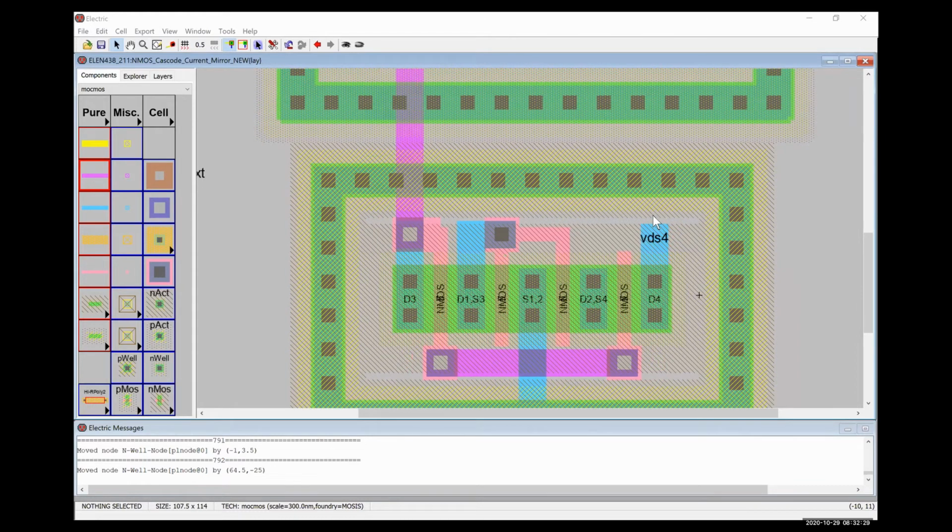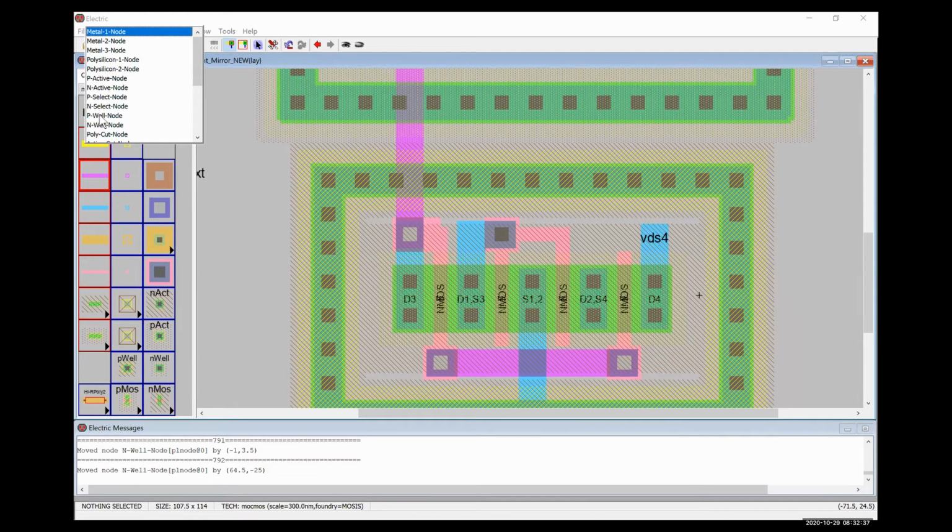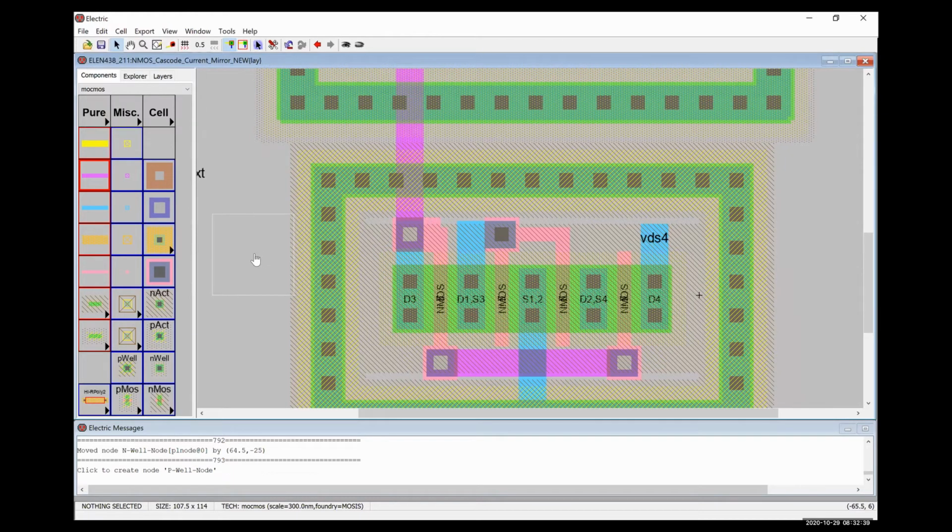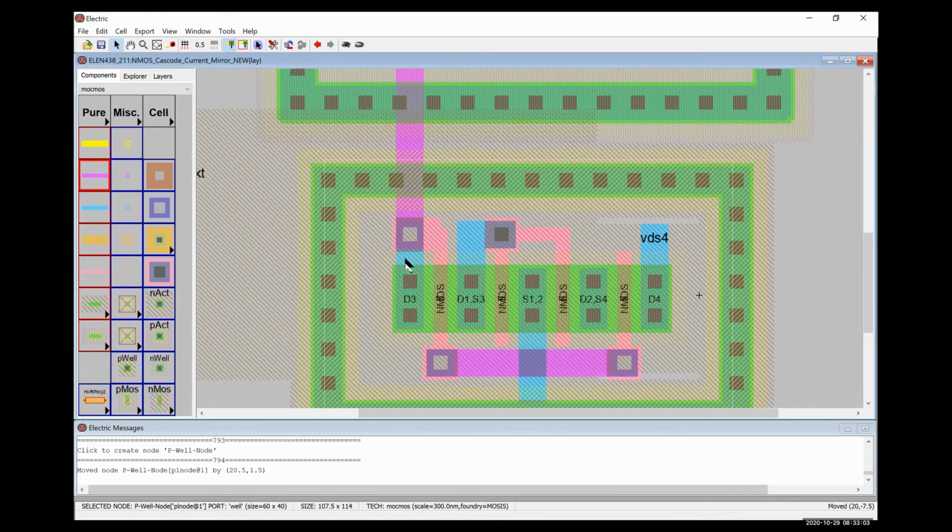If we wanted to convert our design to a non-C5 process, it would probably be good practice to explicitly put a big chunk of P-well inside that ring, just like we did N-well for the other one, to make the design transferable between technology nodes. So let's do another 60 by 40, I think. Might be too big. Yeah, so we drop that guy in,